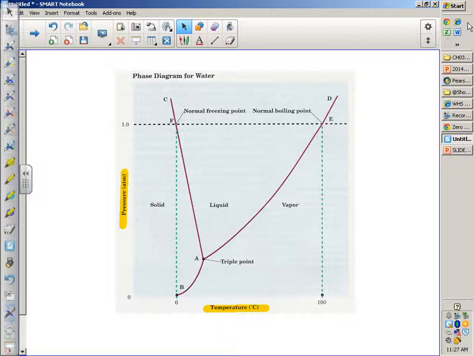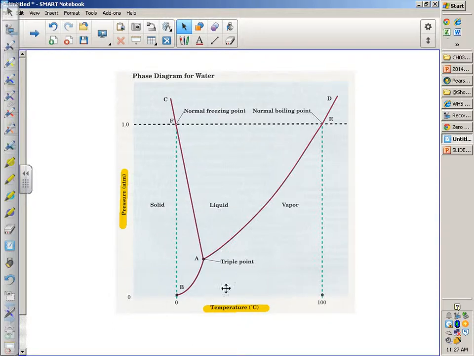Here, we think about phase changes only requiring changes in temperature, that if we heat something up, it will melt and eventually boil, and if we cool something down, it will condense into a liquid and then eventually freeze. But there are really two competing factors there, and depending on what the pressure is, that will affect the temperature. For example,